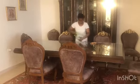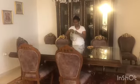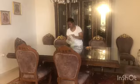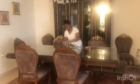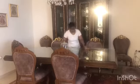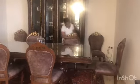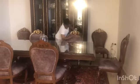Okay, then on the opposite I have the cabinet, but we don't put cups and plates in there. We just put crystals. It's just for decoration, I think. Since my video is about to finish, on this other seat down there is where we put our house phone, the internet, and the charger for the internet, because